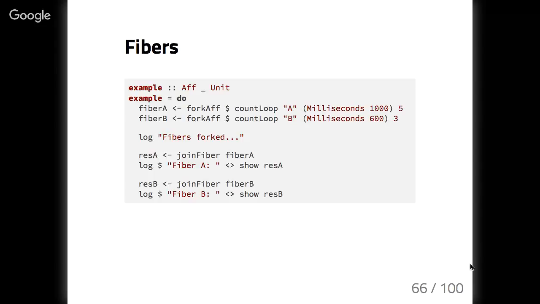So fiber A will do 1 second steps. Fiber B will do 6 second steps. It has fewer steps. So fiber B will always complete before fiber A. But we're going to join fiber A first and print the result, and then we're going to join fiber B and print its result. And so,